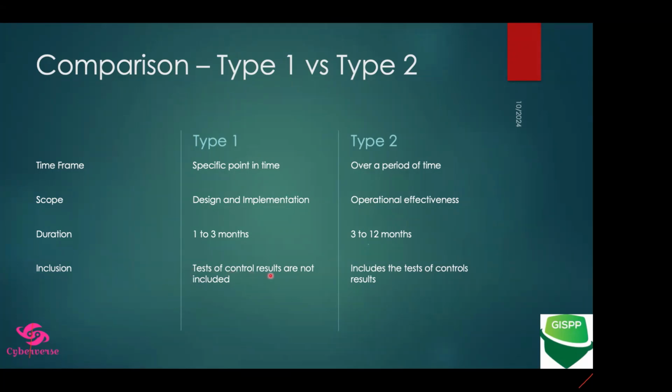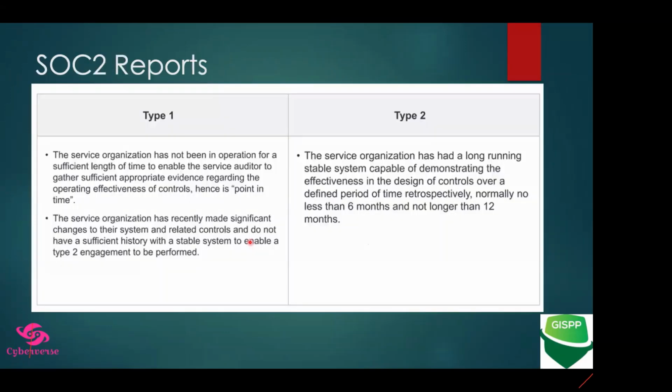And as I said, test of control results are not included. So it's similar to stage 1 of your ISO certification, where we generally come, we review the documentation, we see the framework, and focus on the design of your information security program. So equivalent to that, in SOC2, we have something called type 1 assessment or type 2 report. But again, as I said, this is done by a CPA accredited firm. So it's not like I or anyone can come and do it. No, it has to be a person who is part and parcel of a CPA firm. So that is called your type 1.